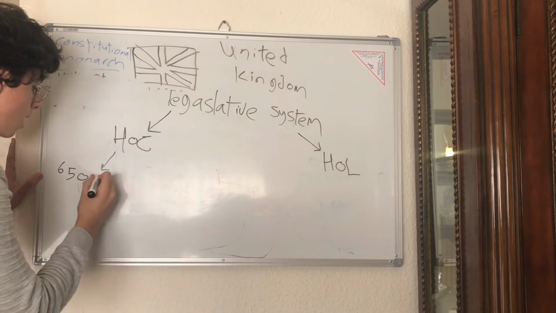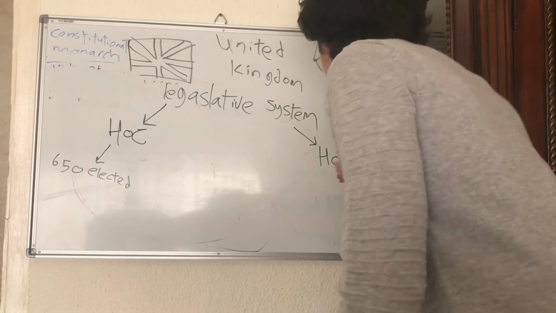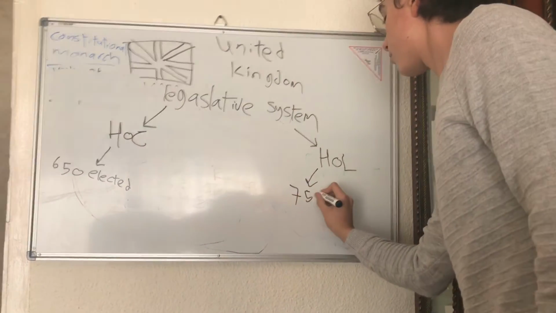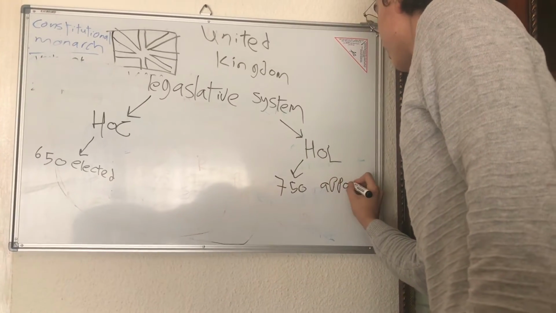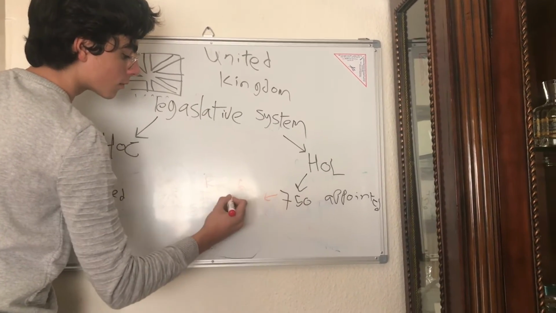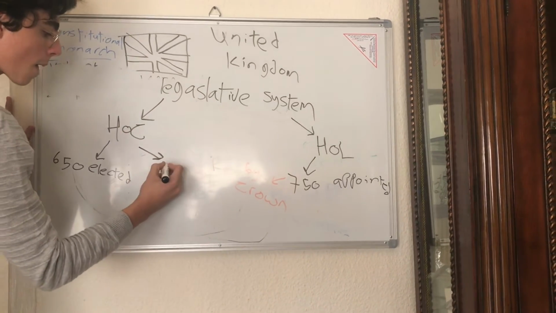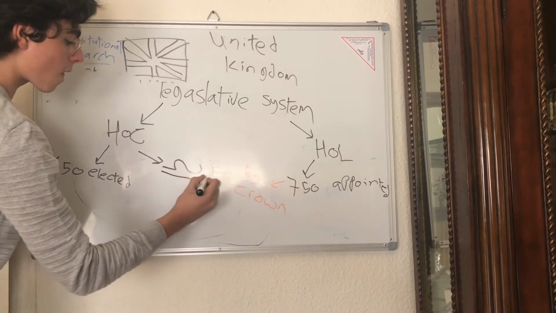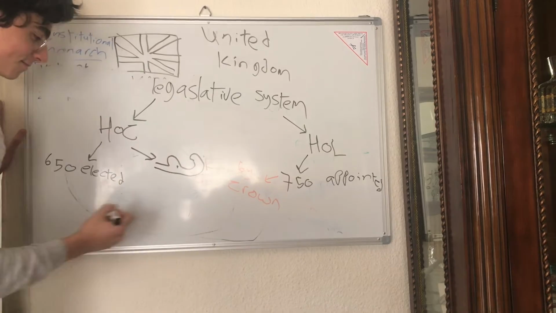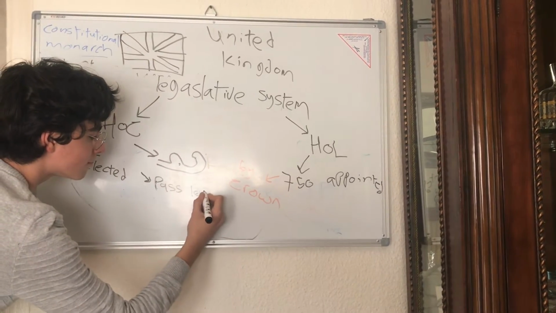as shown by me. The House of Commons consists of 650 elected members, elected by each district, and the House of Lords consists of 750 appointed members. These members in the House of Lords are appointed by the Queen, but obviously suggested to her by the Prime Minister. Obviously, in stereotypical fashion, the House of Commons, which is the lower house, possesses more power than the upper